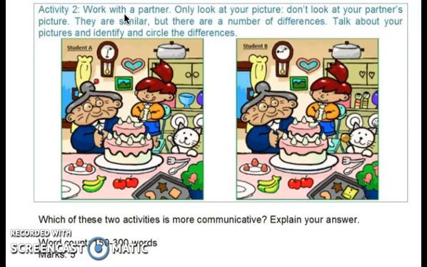So the students now have to work with a partner, but they only get one picture, and they cannot show that picture to the person that they're working with. So for example, I would get student A's picture and my partner would get the other picture. I cannot show my picture to the other person, and they cannot show their picture to me. In order to find out if the pictures are similar or if there are any differences, we need to talk